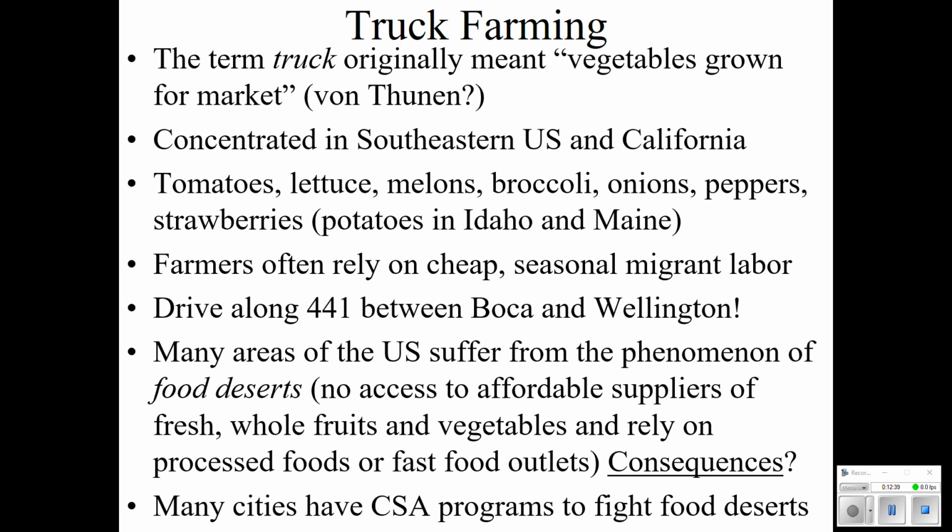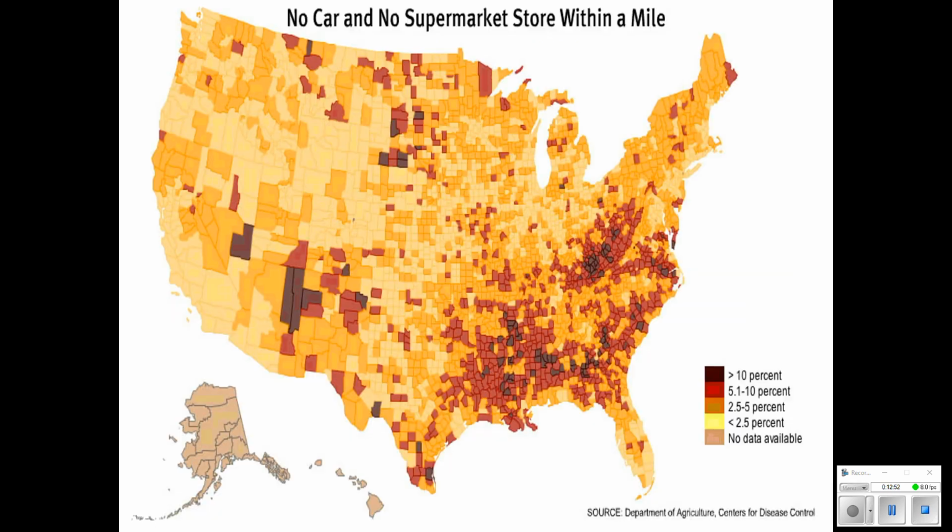In many cities, we saw this, for example, in Detroit and Chicago, where you have community-supported agricultural programs where residents band together and create little vegetable gardens and maybe sell a little bit of it at farmers markets, but a lot of it is to become healthier eaters themselves. So a lot of this is due to transportation.